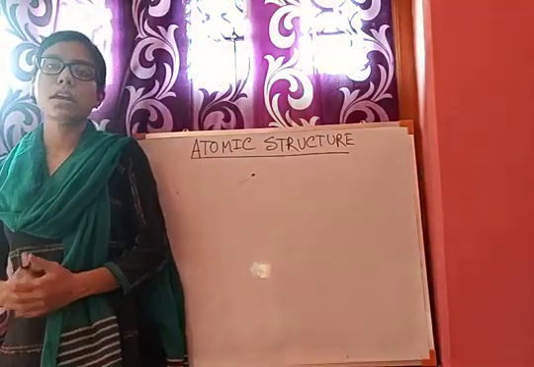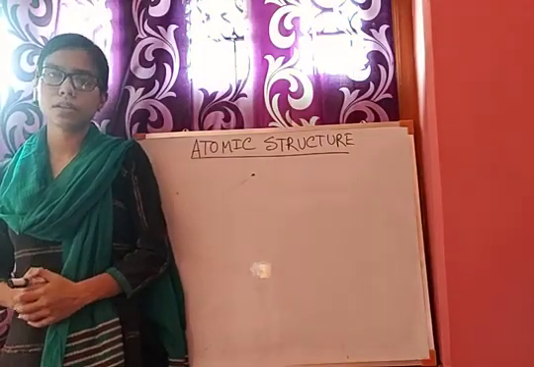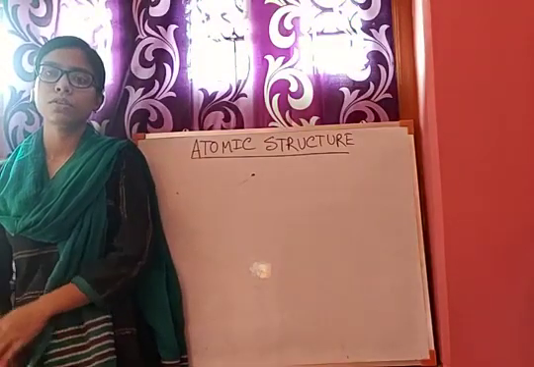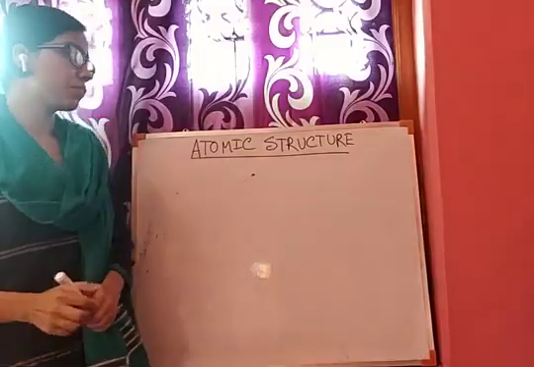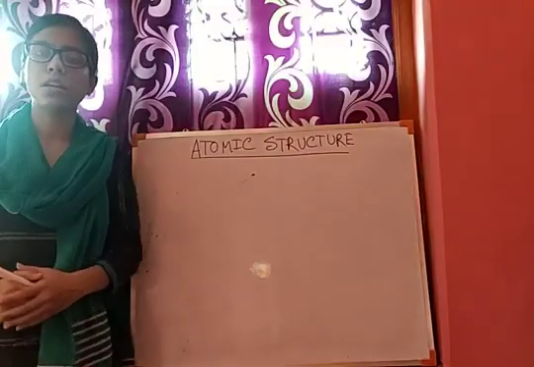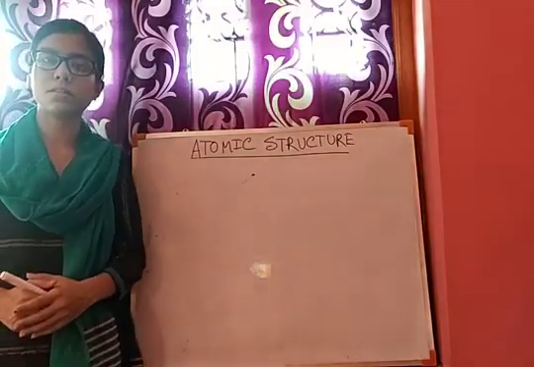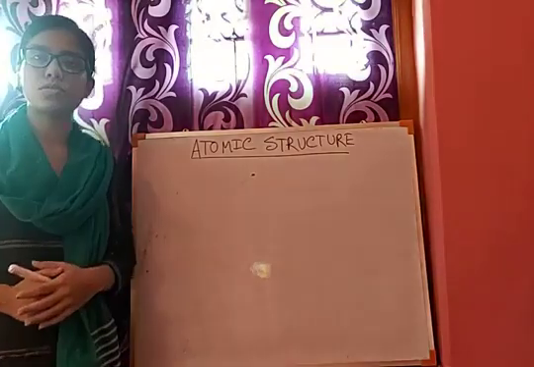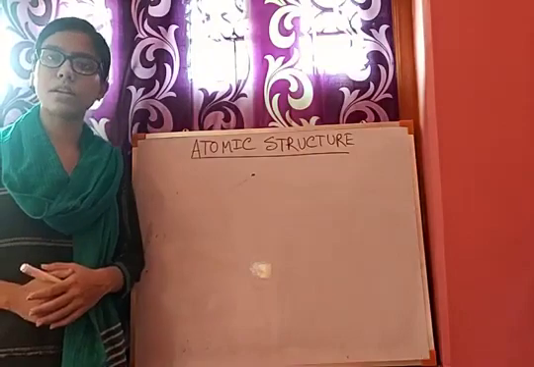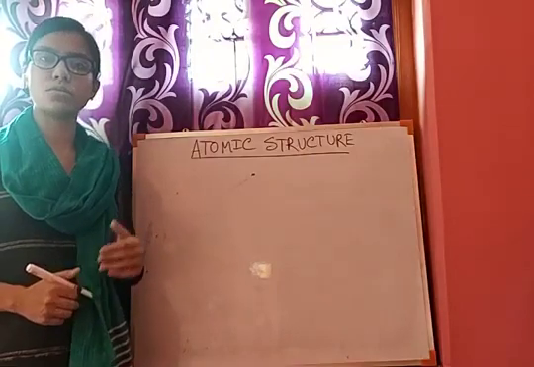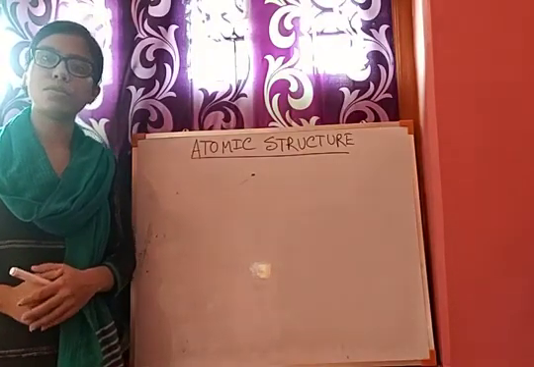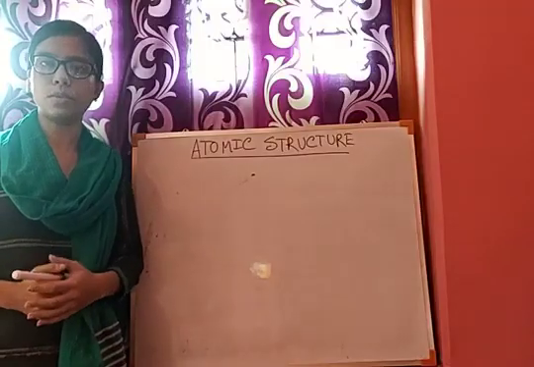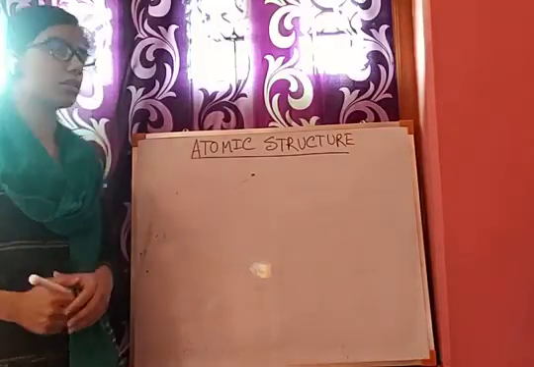Hello students, this class is for class 8 and we are discussing the chapter atomic structure. So we have discussed that J.J. Thomson has found some negatively charged particles, some rays that are going from cathode to anode in the discharge tube experiment, and he was expecting that as they are going to the anode, that means they will be negatively charged. But how to prove it that these rays are negatively charged?